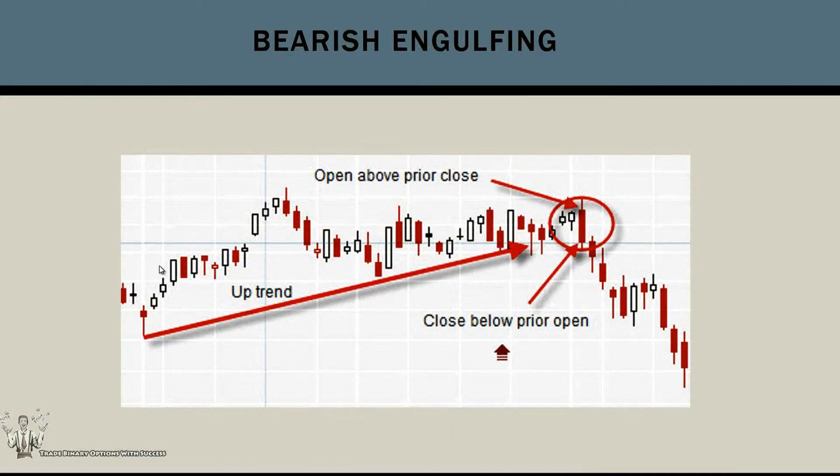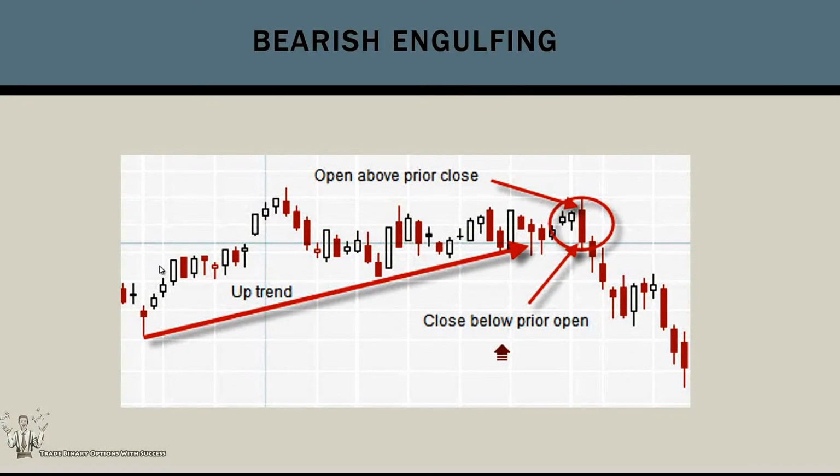Now, this candlestick signifies a reversal to start a downward trend. That means we need to have an upward trend and have this candlestick pattern, which signifies that we should be seeing a downward trend begin. Now, just like before, it's most meaningful toward the end of an upward trend, and the second candle,